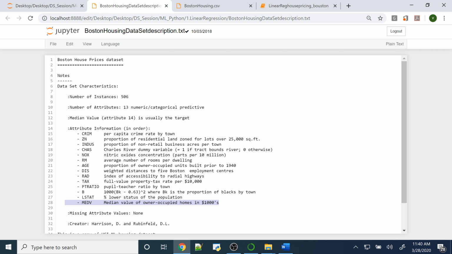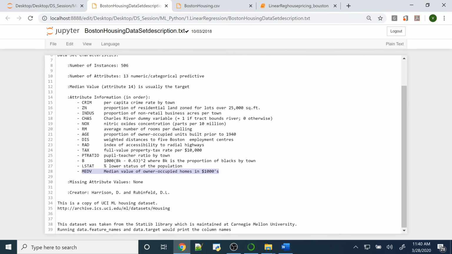This data set contains a number of independent variables, like the crime rate in this area and the zonal area, etc. Our output column, or dependent variable, contains the median value of owner-occupied homes in thousands. This historical data set contains the average price of houses in a particular area based on the crime rate,